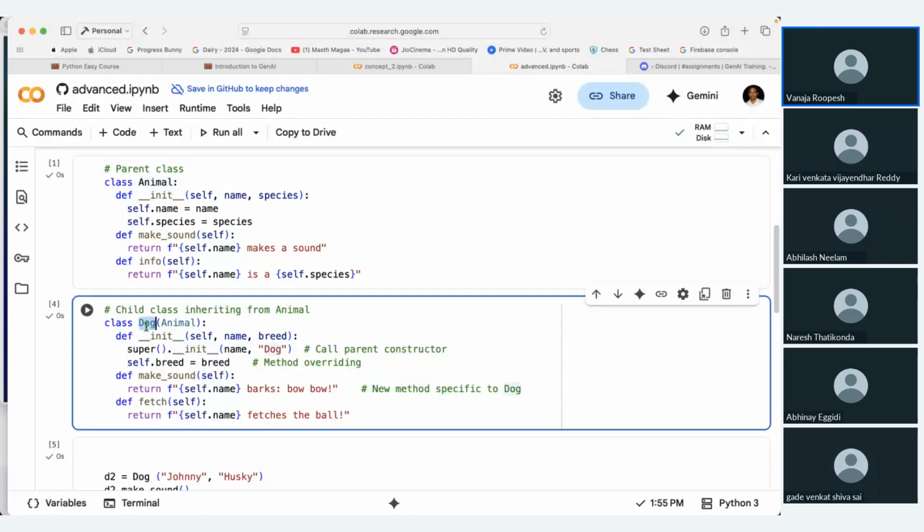See, you write a class name. For example, in this case, it is Dog. Bracket open Animal means that from Animal it has got all the properties and methods it will get. Then whichever you want to